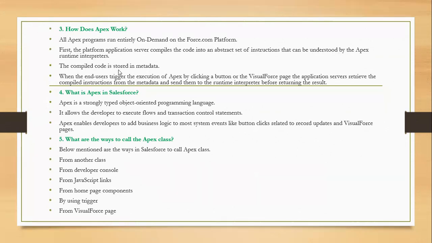The compiled code is stored in the metadata. When the end user triggers an execution of Apex by clicking a button or a Visual Force page, the application server retrieves the compiled instructions from the metadata and sends them to the runtime interpreter before